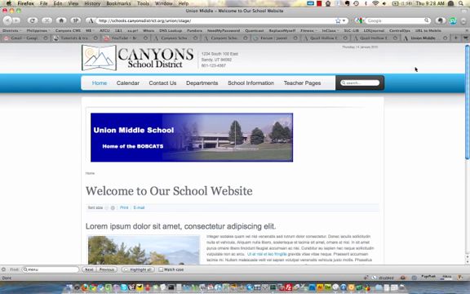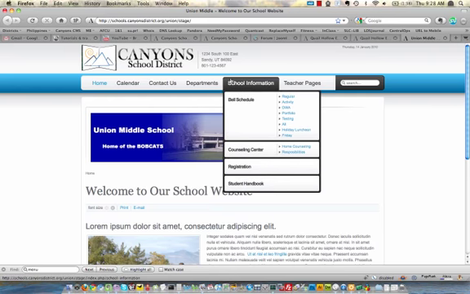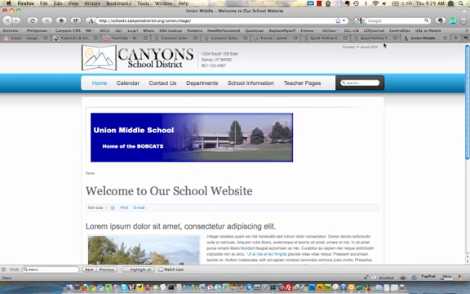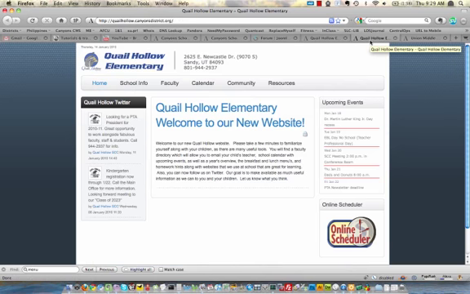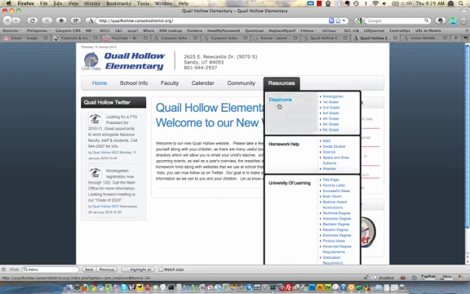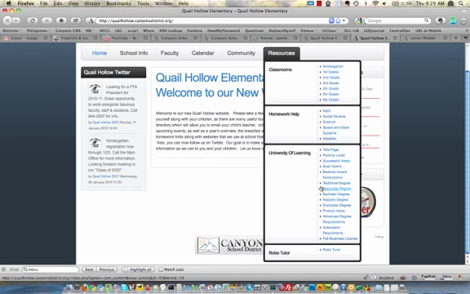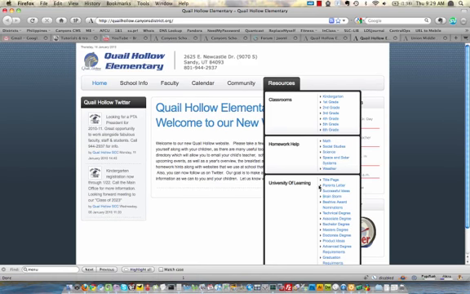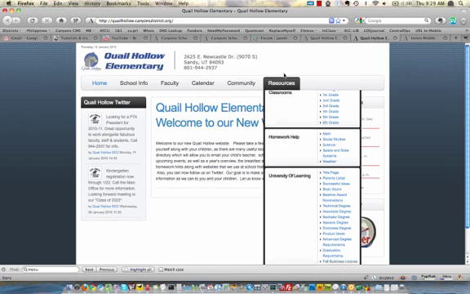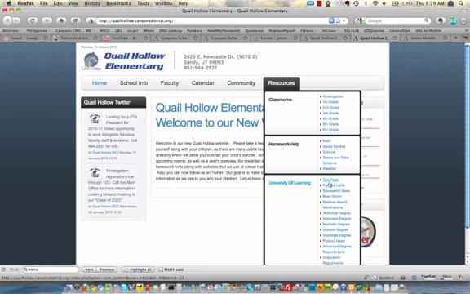Here's how to do it if you have a lot of menu items that make the top menu too long, or it runs off the page. For example, over on Quell Hollow, under Resources, we have University of Learning, and it's just a really long list, and so it pushes everything below the fold. We want to move this menu item into